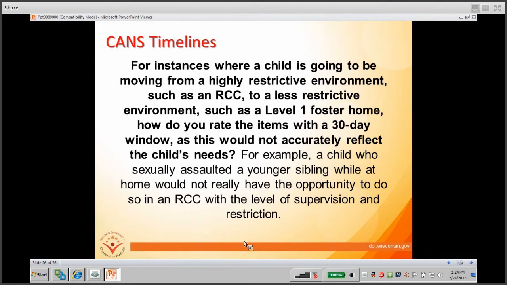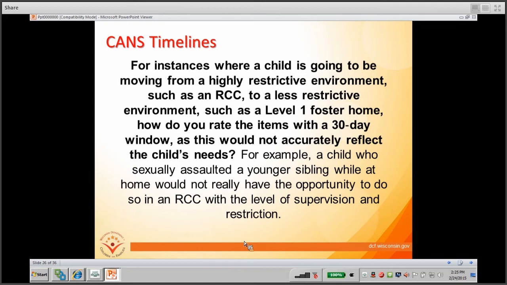Now, as long as your CANS is timely, so within 30 days, the rate setting allows you to apply that supplemental all the way back to the date of placement. So that is not a reason to not do it and put an accurate date of when you're actually doing your CANS document.